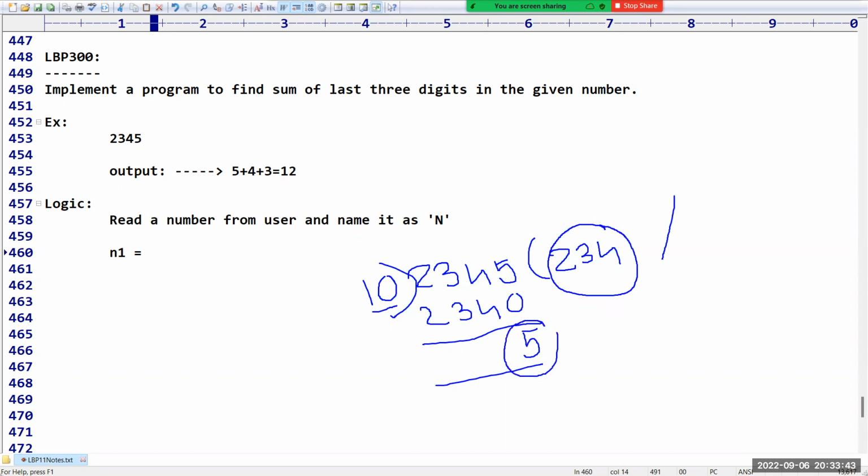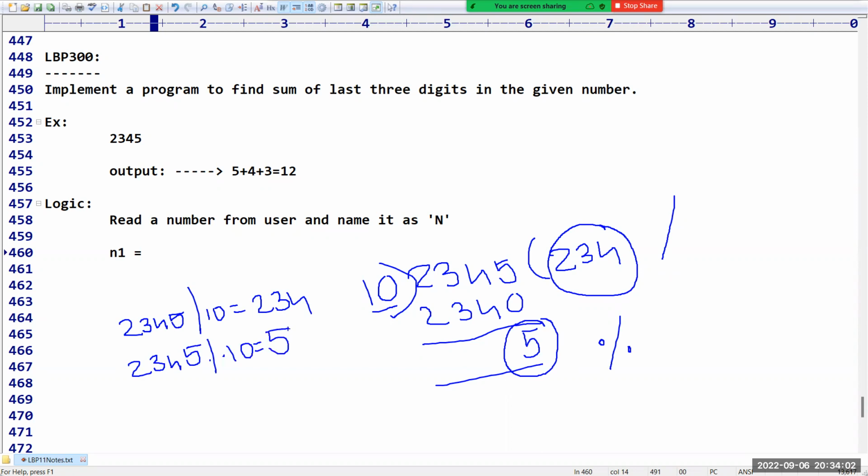How do we get this 5? Because of the percentage operation. So 2345 divided by 10 is 234, and 2345 percentage 10 is 5. Excellent, we got the last digit.